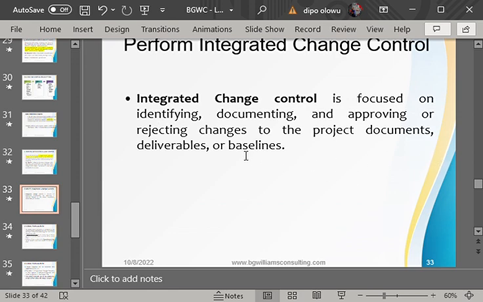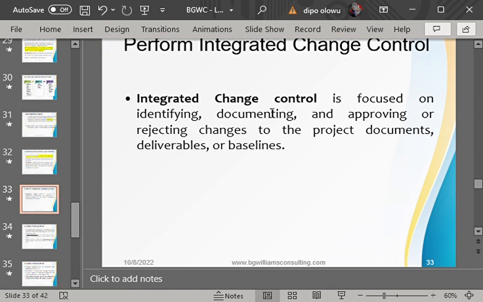All right, so perform integrated change control, as we have defined, focuses on identifying, documenting, approving, or rejecting changes. What happens in this process is that the project manager has put a control in place so that nobody in the project can easily carry out any change without following a procedure.